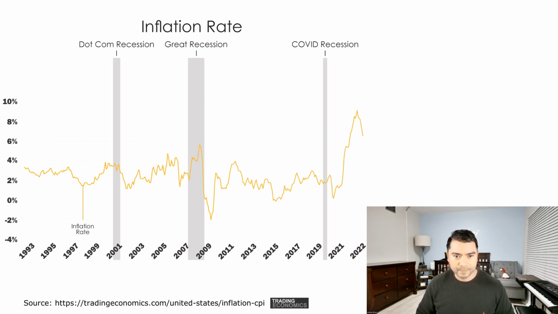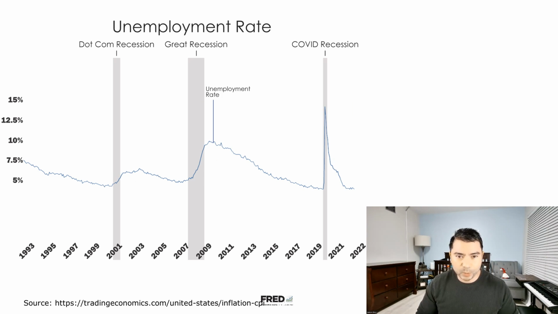All right, everybody, let's take a look at the unemployment rate. And I realize that this is likely a direct byproduct of one or some of the other metrics that we're reviewing, but for the sake of this analysis being fully comprehensive, let's take a look. This is very interesting. Take a look at the dot-com and the Great Recession.